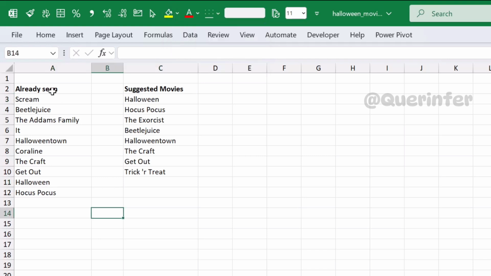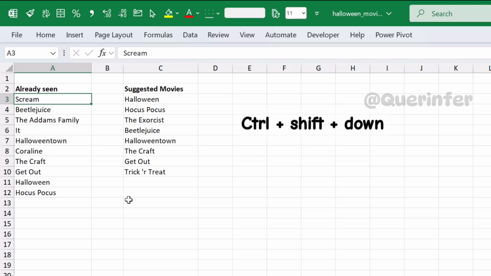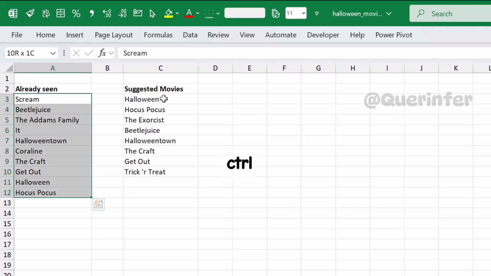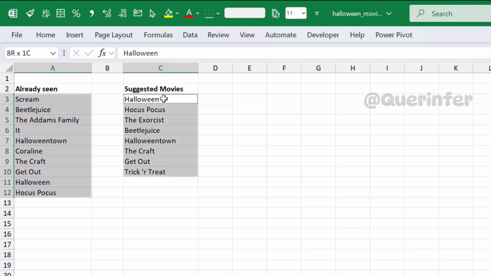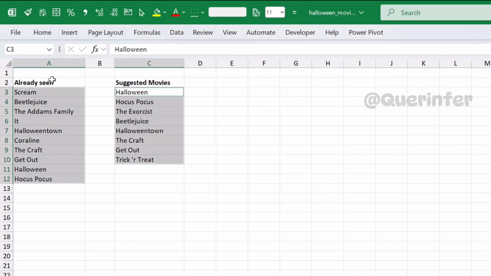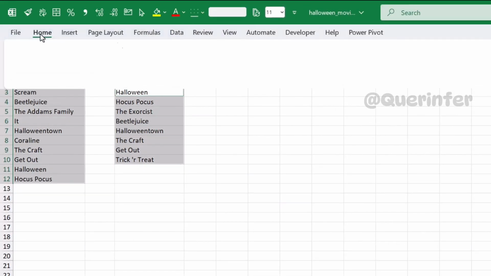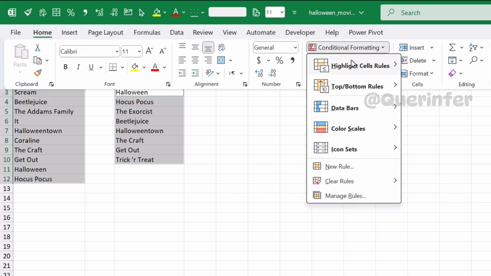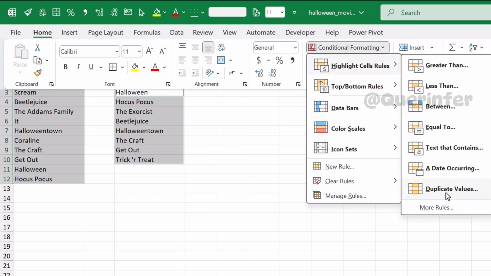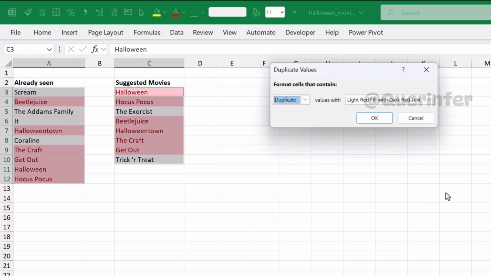So we can go to the first item in the first list and press Control Shift and Down Arrow, go to the second list, press the Control key and again press Control Shift and Down Arrow key. So we have selected both the lists. Now we can go to the Home ribbon, Conditional Formatting, Highlight Rules and click on Duplicate Values. It will